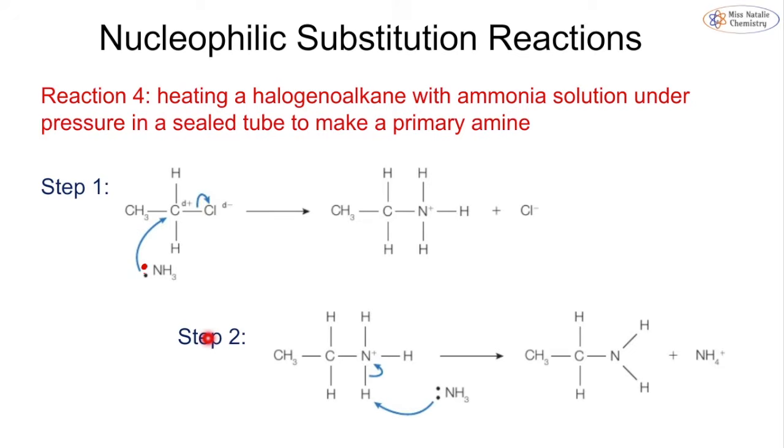So we start with our ammonia nucleophile, and it has its lone pair, and the curly arrow will travel from the lone pair on the nitrogen to the electron deficient carbon, and then our electrons between the carbon to chlorine bond are going to travel onto our chloride ion, and we're going to form this chloride, and we're going to form our intermediate here. Now, what happens when we have our excess, because these two things would form our salt,